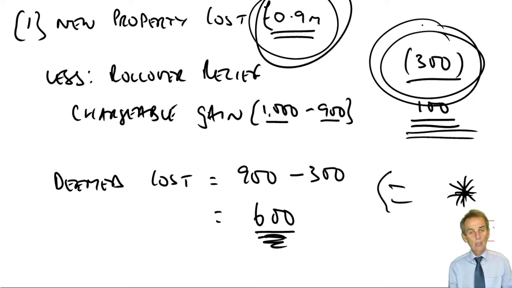We deduct it from the base cost of the newly acquired property in establishing the allowable cost for that new property. So we should now be able to deal with any situation where we have a sale and a purchase within the relevant time scale. Again, I didn't put dates on this. An exam question will put dates on that. You have to have the reinvestment within the required time period.